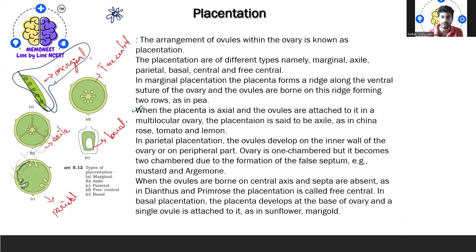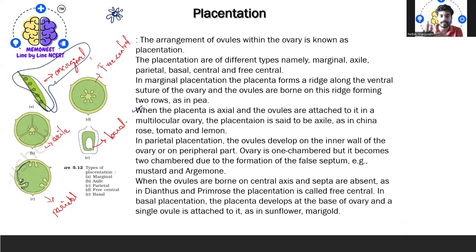The placenta is then peripheral. The ovary is one chambered, but it becomes two chambered due to the formation of the false septum. We will see most of the examples in the mustard plant and